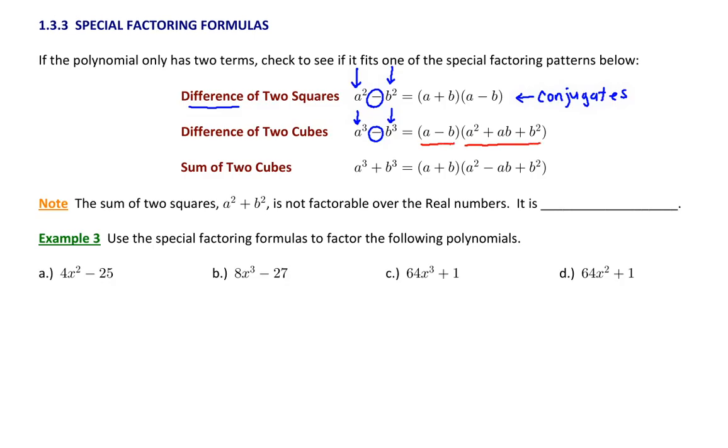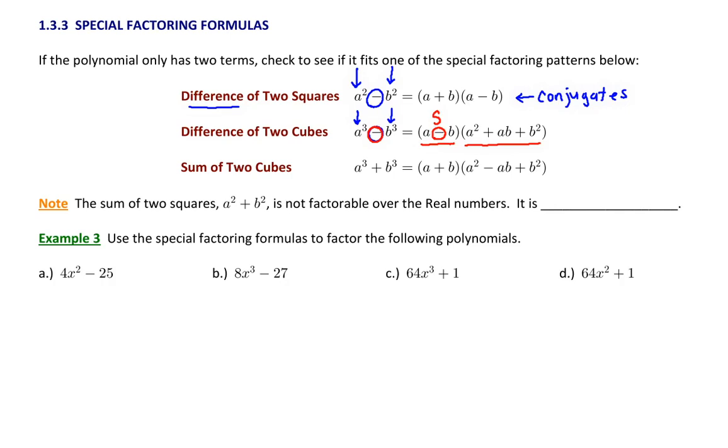So to learn this pattern, the first thing we're going to do is look at the signs. Now, if the sign in between my 2 cubes is a minus, then the first sign that I'm going to use in my binomial here is going to be the same sign. Okay, so if there's a minus between my 2 cubes, my first binomial factor is going to have the same